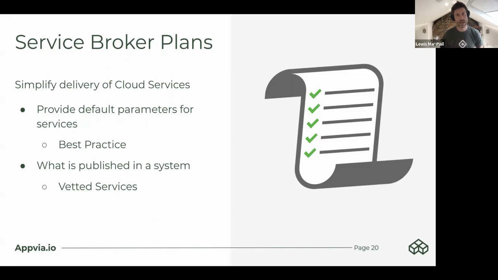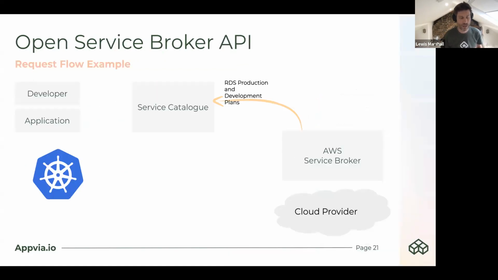There is a concept of service broker plans, which provide a simplification for best practice consumption of services. And we really want a vetted list of those to be provided to us. So here's a concrete example of using the Service Broker API.